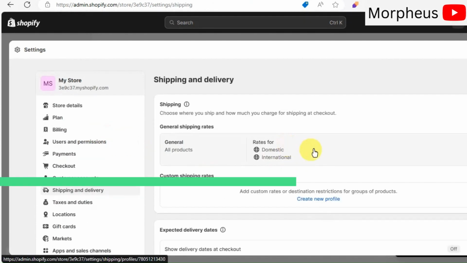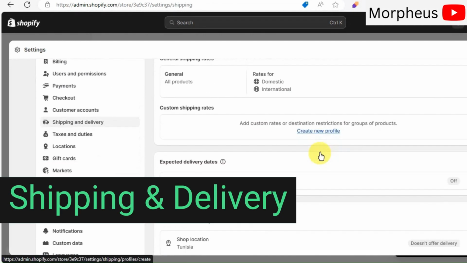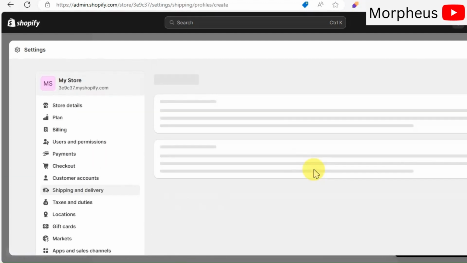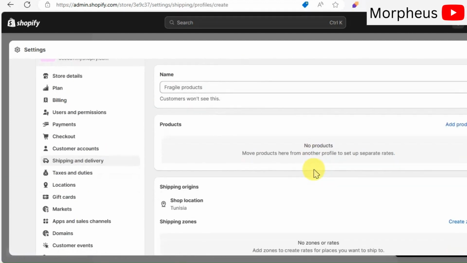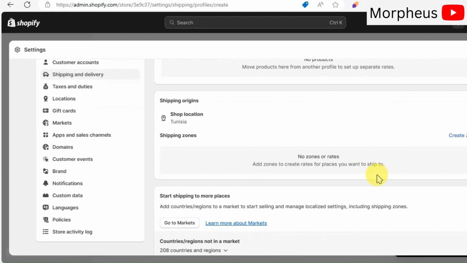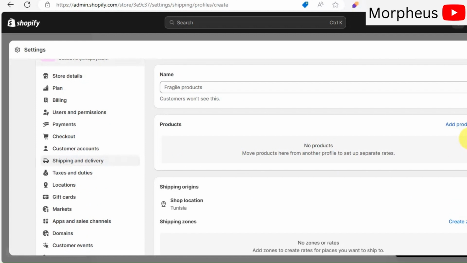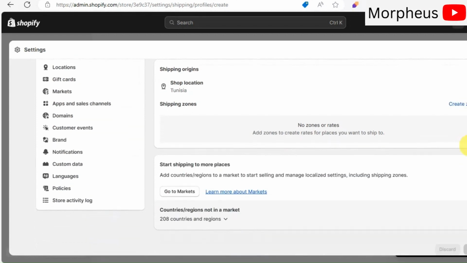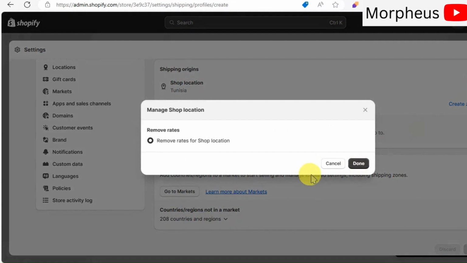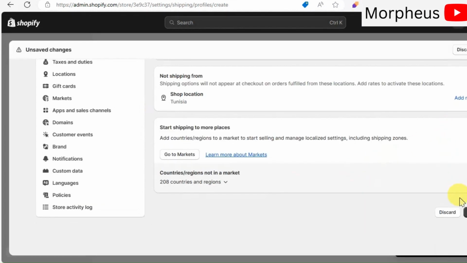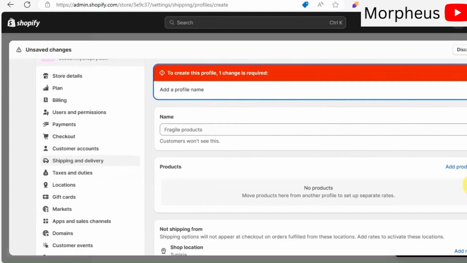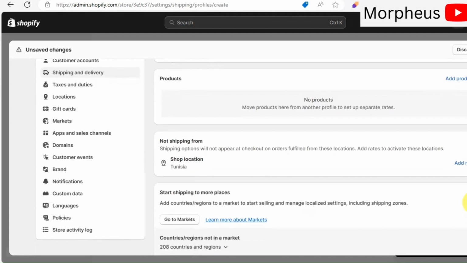Now let's go to shipping and delivery. Click on Manage Rates. Here you can put how much you want to charge your customers for shipping. To increase your sales, you can offer your customers free shipping and add the actual shipping cost to the product's price. Now that's a smart business strategy. Like I said, people love free stuff.